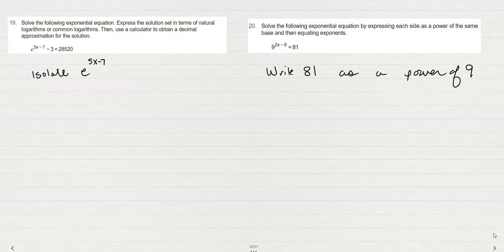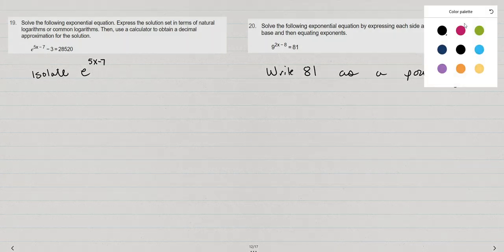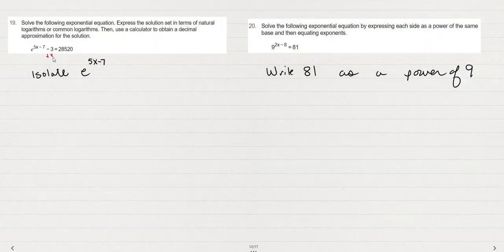e to the 5x minus 7 minus 3 equals 28,520. What I want to do to start with, because I can't just rewrite this with like bases because I have an e, is isolate the e by adding 3 to both sides. When I add 3 to both sides, I get e to the 5x minus 7 equals